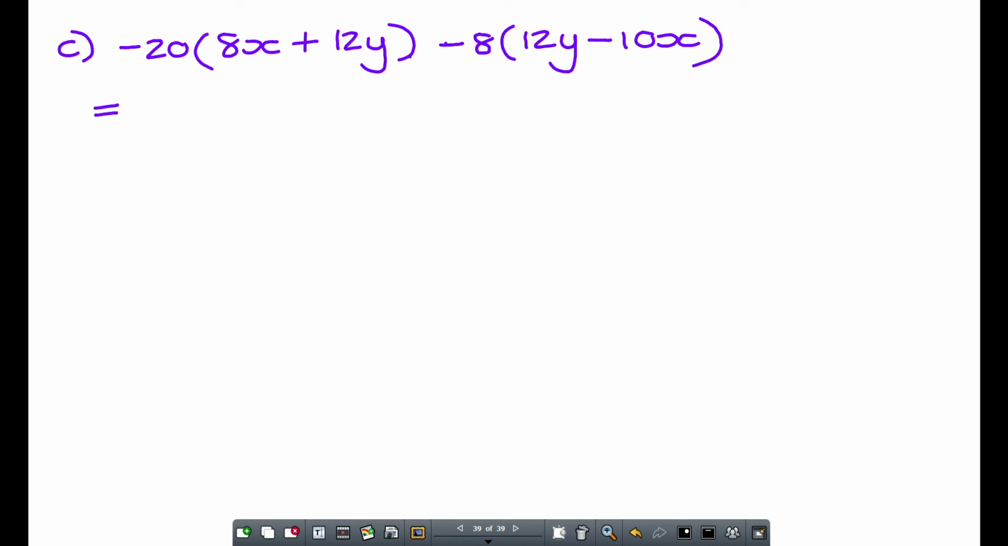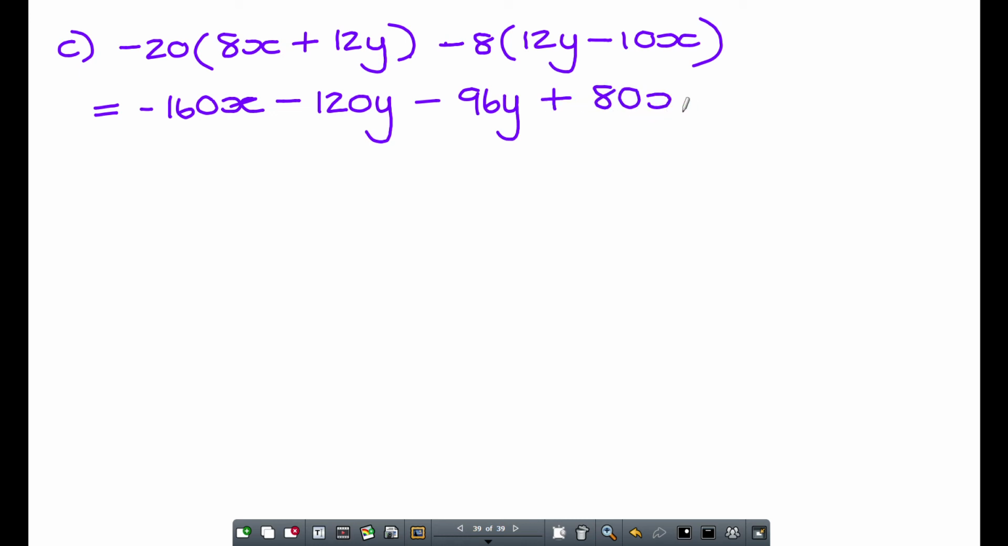Okay, let's go multiply in. That minus 20 must be multiplied in with everything inside the bracket. So I'm going to have minus 160x minus 120y. Okay, now that minus 8 must also be multiplied into that second bracket. So minus 96y plus 80x. Now once I get up until here, the only way I could simplify further is to go and add